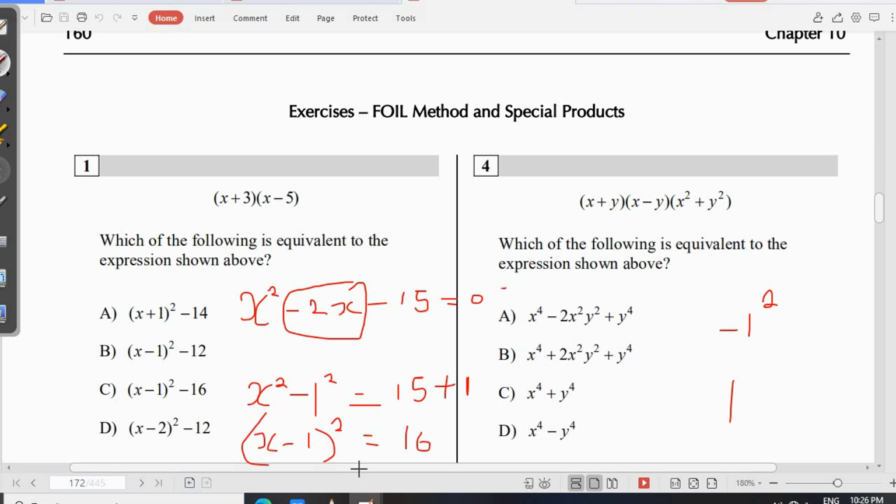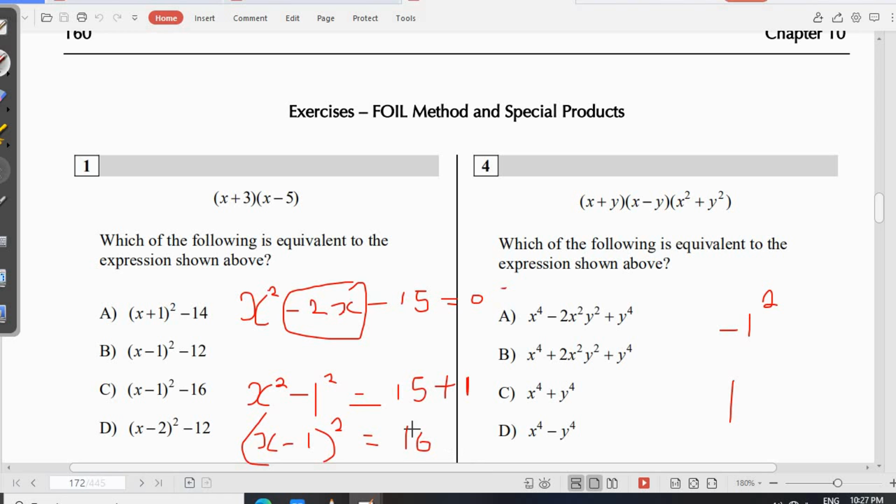Now x minus 1. Normally the next thing you are supposed to do is to square root this. When you square root it, you will now move minus 1 to that side. But they are not looking for you to solve it. If you are to solve it, you have to first square root it. When you square root it, you get 4. I now say x is either 4 minus 1, that is 3, or x equal to 4 plus 1, that is